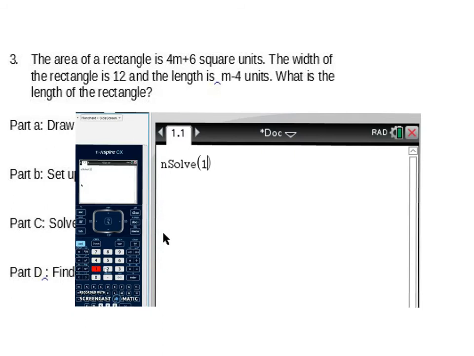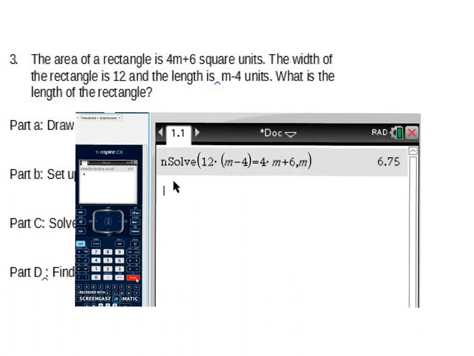So it's going to be 12 times m minus 4 is equal to 4m plus 6. Now I'm using m, so I need to do comma m, and now I get my answer. So make sure if you're using that variable, you've got to use comma m, and we're going to press enter,